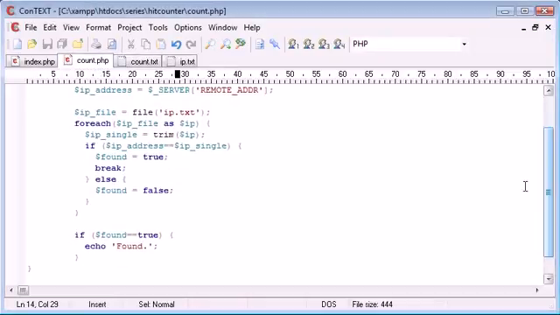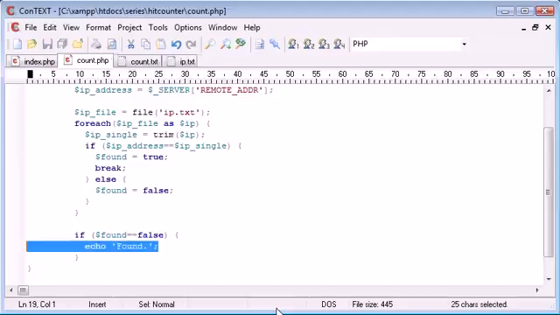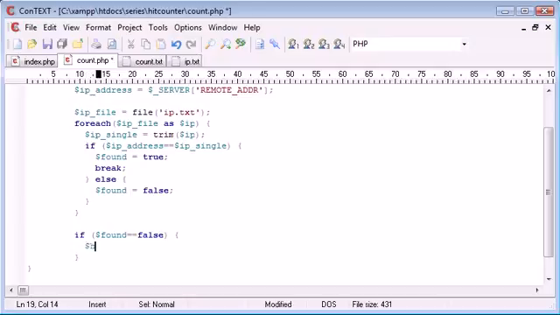Okay, so if the IP address has been found, we don't want to do anything. So if it hasn't been found, we want to increment the value of the database in the count.txt file. So now what we can do is create a handle to open this file. So we're opening